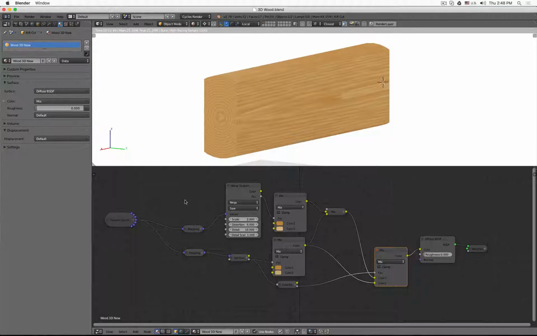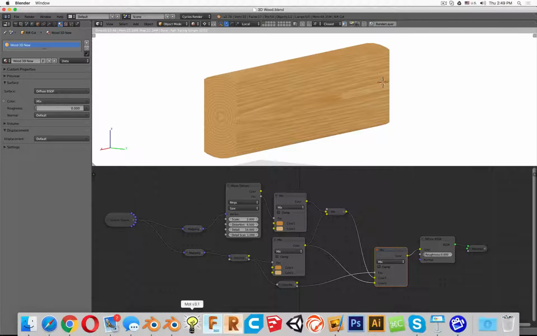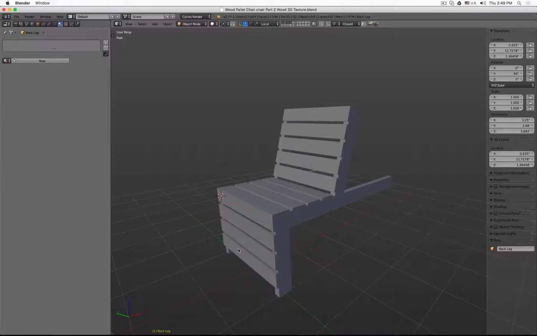In the previous video, I showed you how we can create a somewhat realistic looking wood material by using the procedural textures of the node editor. So we actually can create an interactive wood material that works like a volume. So it's a 3D material, not a flat surface 2D material. So now it's time to apply this material onto our blend file, where we have all the geometry of our